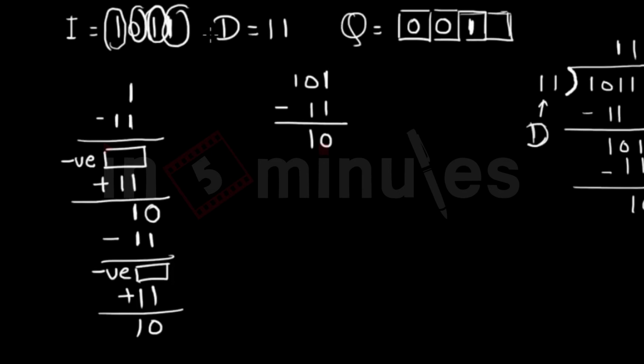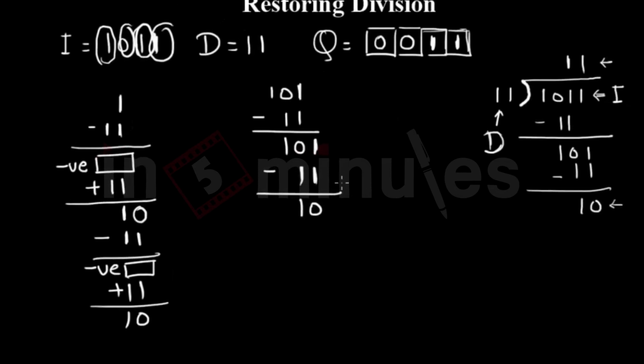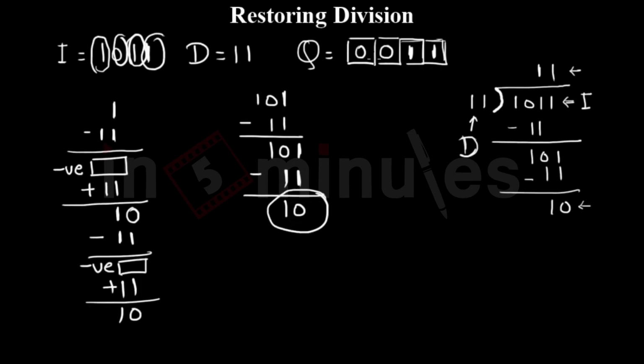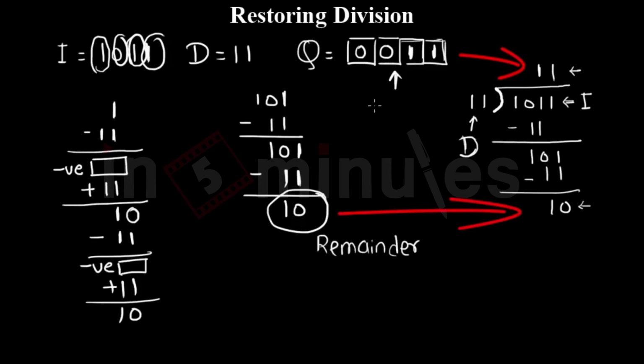Now we take this last bit, append it here, again subtract the same from here, and we get 10. So again we don't restore it and put quotient as 1. So are you getting here what we have got? We have got the quotient exactly as wanted, and we have got remainder as well. So this is the basic idea behind the restoring division operation. We perform multiple subtractions and left shift operations on dividend along with the accumulator, and we get final answer as remainder, and we also get the quotient.